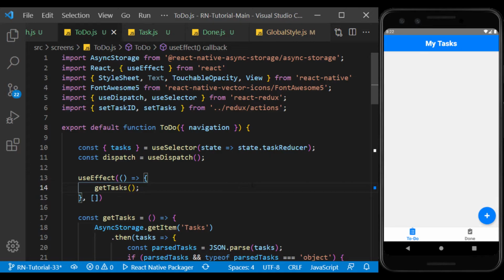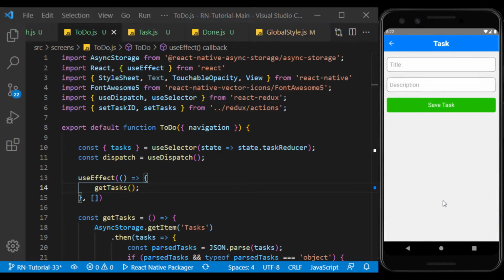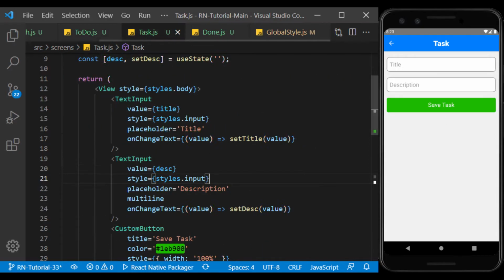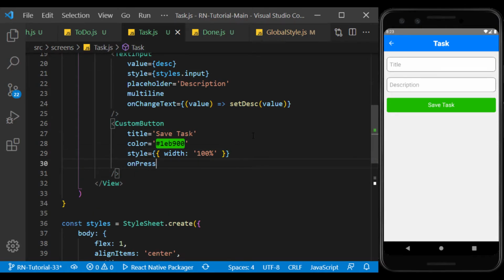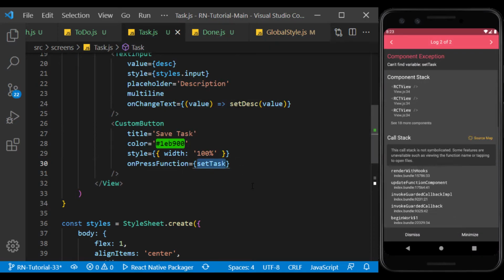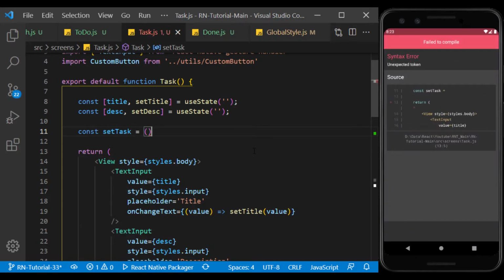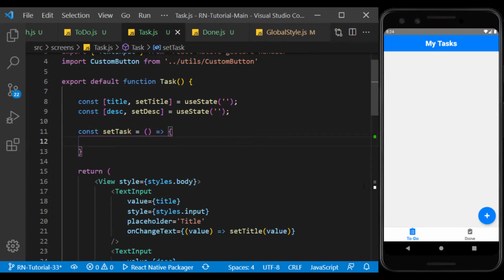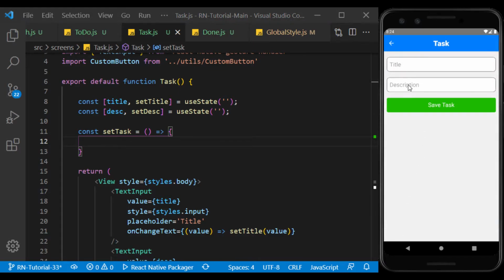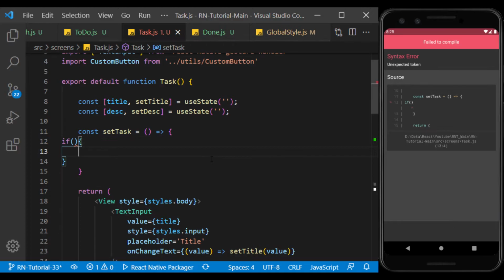Well, this list is currently empty, so use this button to go to the task details page to create a new task. For this button, we need to define a function that records the input values as a new task. In order not to record the task without the value, we consider at least one of these inputs mandatory. For example, I make title mandatory. That is, if something is not entered in it, we give a warning message to the user.